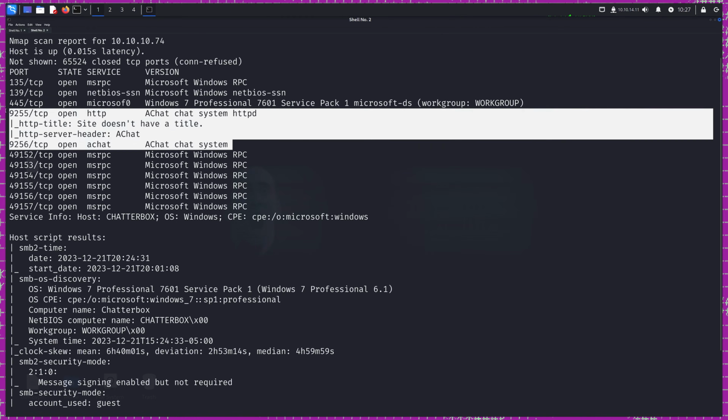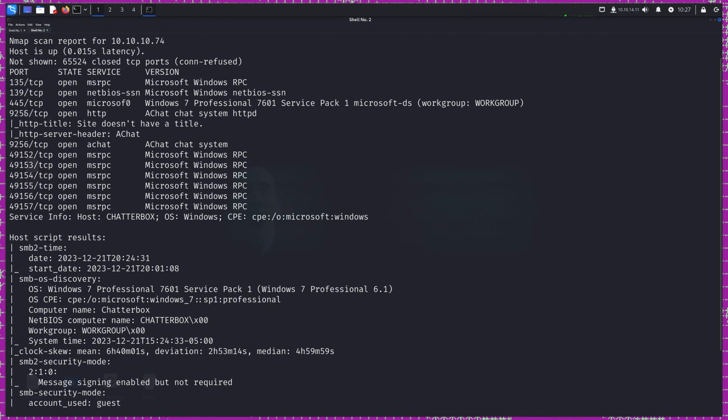And then here we see something quite interesting, and it's port 9255 and 9256. And we can see that these are the ports reserved for something called AChat. Now, if you don't know what AChat is, you're not alone. I'd also never heard of it, and I had to look it up. But basically, AChat is just a software application used for instant messaging, hence the chat, as well as file sharing